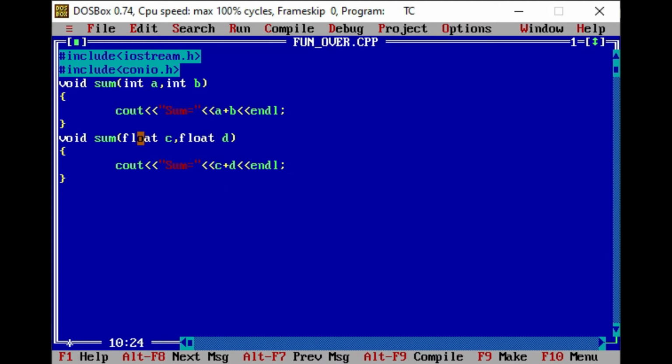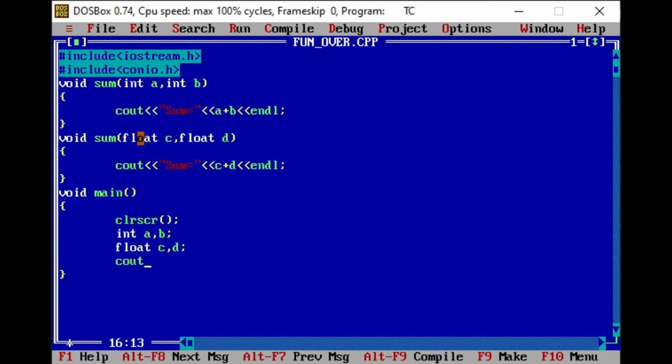Now I am going to define a main function, in which first of all I'll write clrscr, clear screen, for clearing the output screen. Now we need two integer variables and two floating point variables. So first of all I'll declare int a, comma, b, and then float c, comma, d.